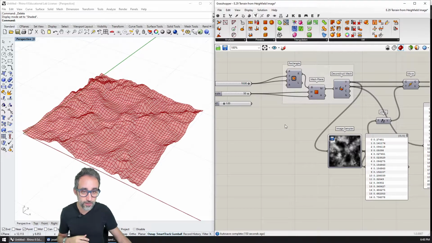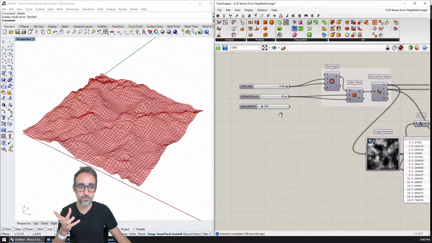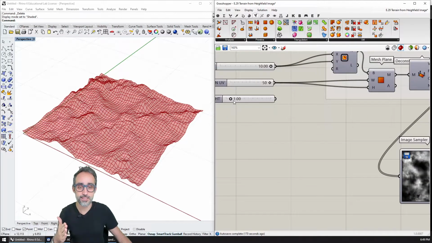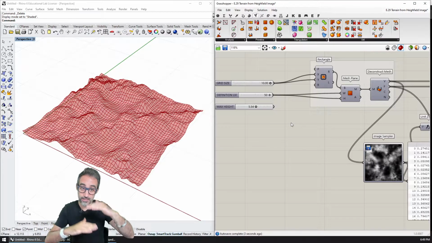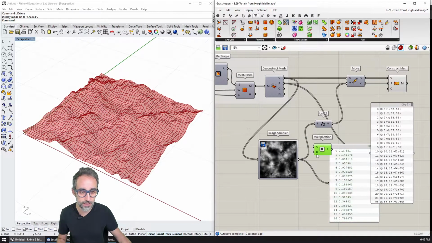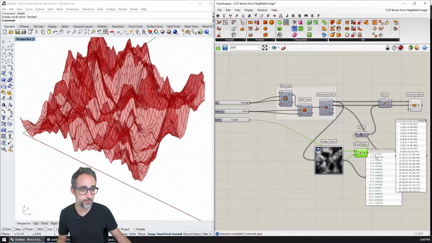So I would like to factor this height by a value. If I know that the pixel with maximum brightness is 3,000 meters, then I can set 3,000 meters here, and that will scale the whole terrain accordingly. That's just a simple multiplication, taking each one of these values and multiplying it by a factor, and then using that as the Z value.